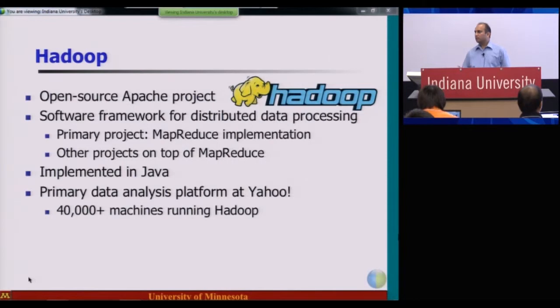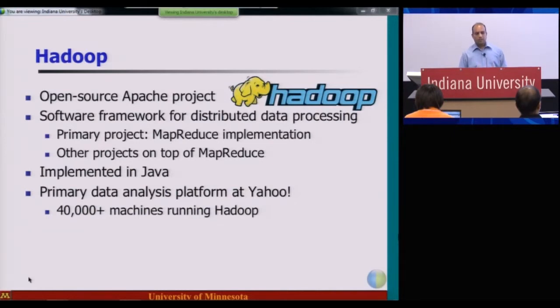Hadoop is an open source implementation of the MapReduce framework, and this is an open source Apache project, so anybody can download and use it, and people can also contribute to it if they want. The development started at Yahoo, but since then it has been picked up by a large number of developers, and many people are contributing to this project now.